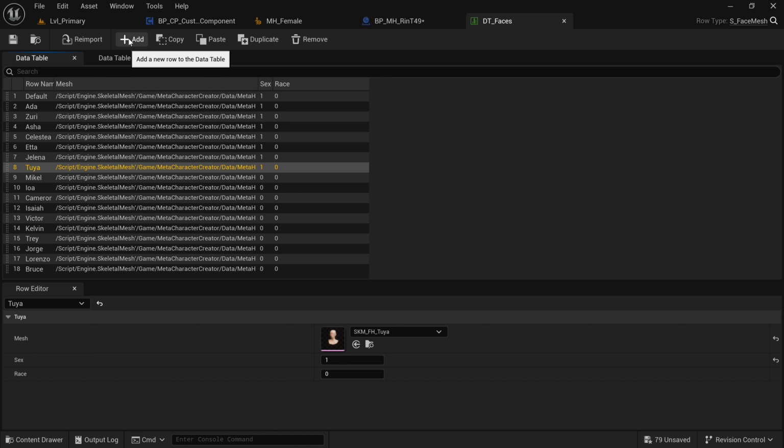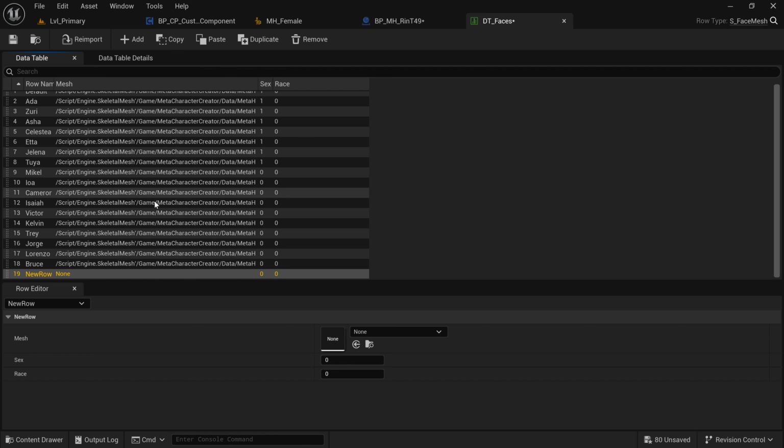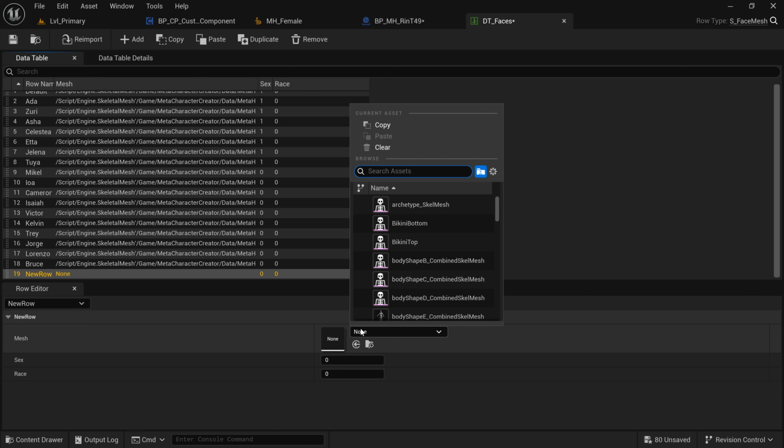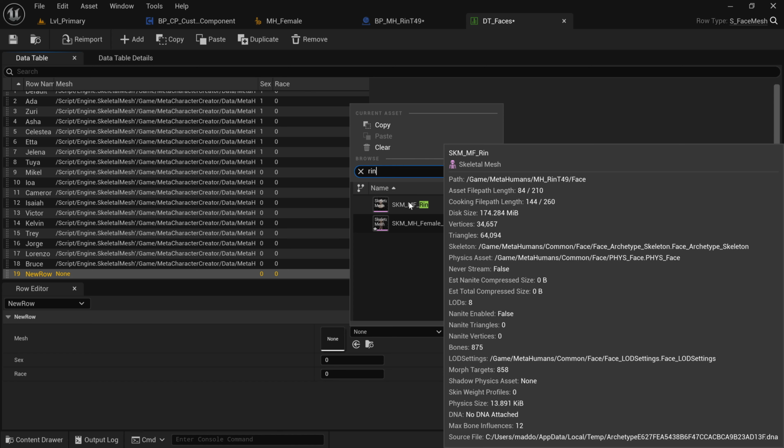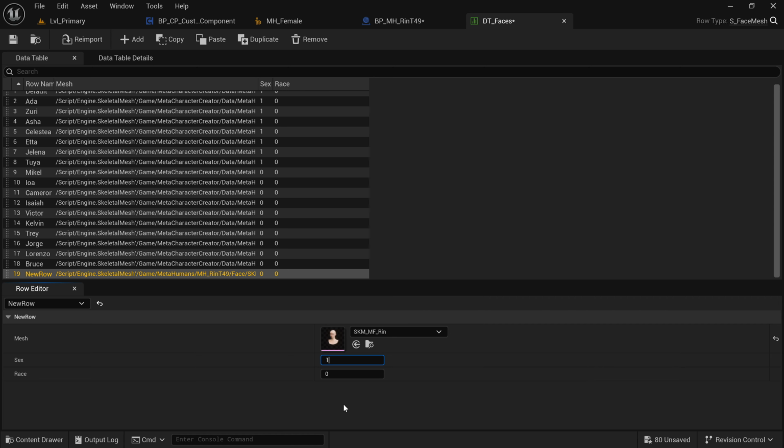Okay, because if you do that, some of the presets will not work because they rely on numbers to line up. All right, now we're going to go ahead and select the Rin base mesh. There we have it. We're going to make it a 1 and make it a 0. All right, so that's basically done, except we're probably going to want to